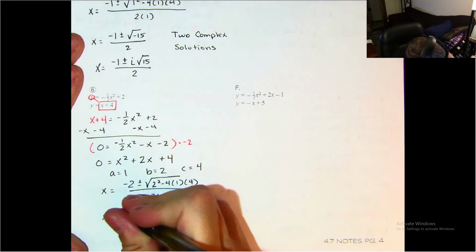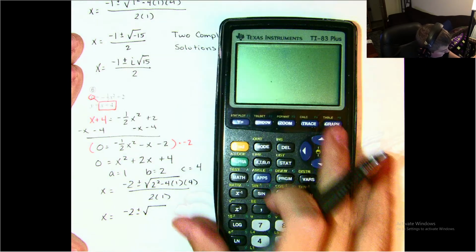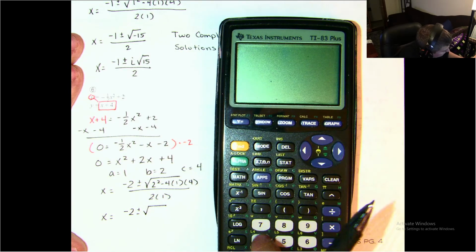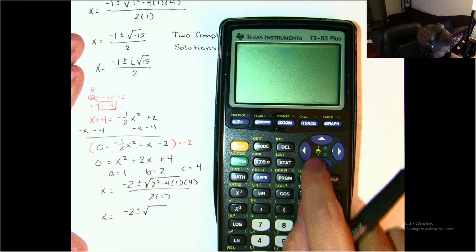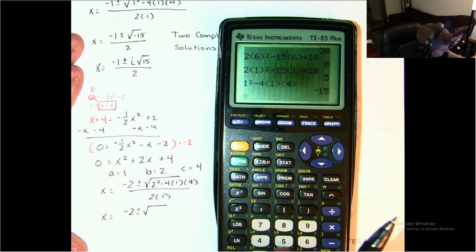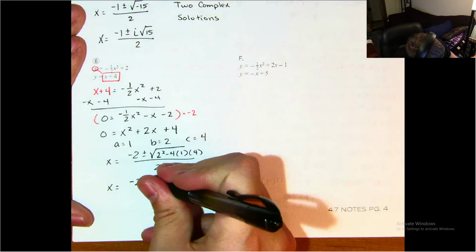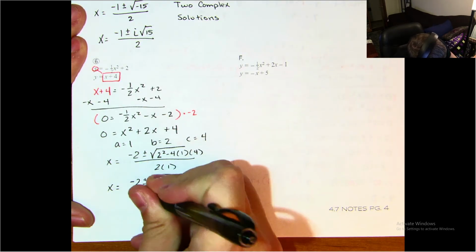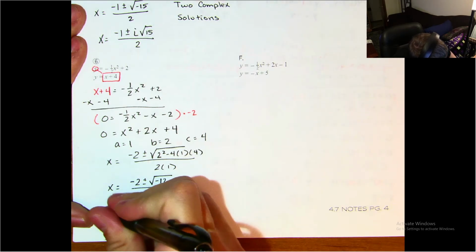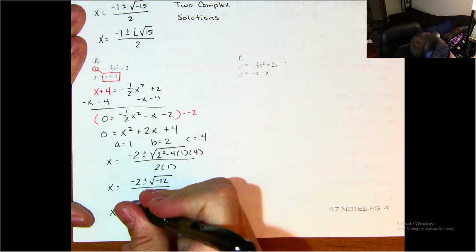Alright, so this is x equals negative 2 plus or minus the square root of 2 squared minus 4 times a times c. And my calculator's off. Perfect. 2 squared minus 4 times a times c, negative 12, all divided by 2. So that means x is equal to, the square root of negative 12 is going to simplify